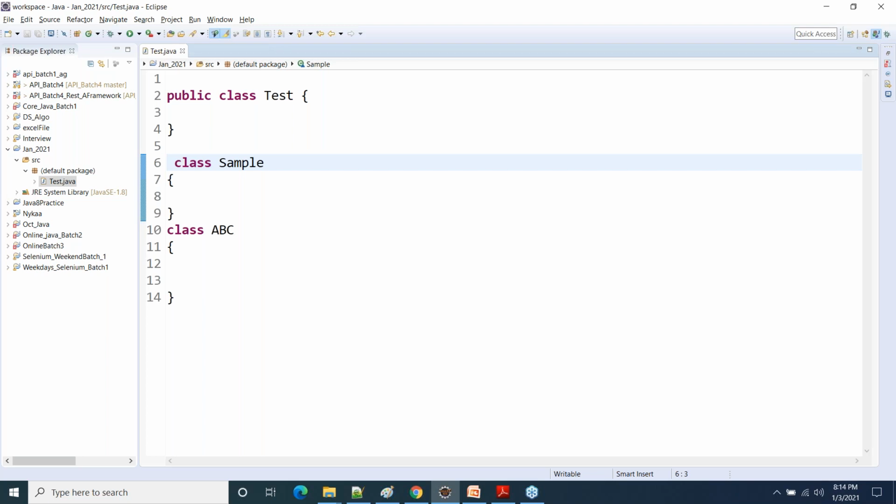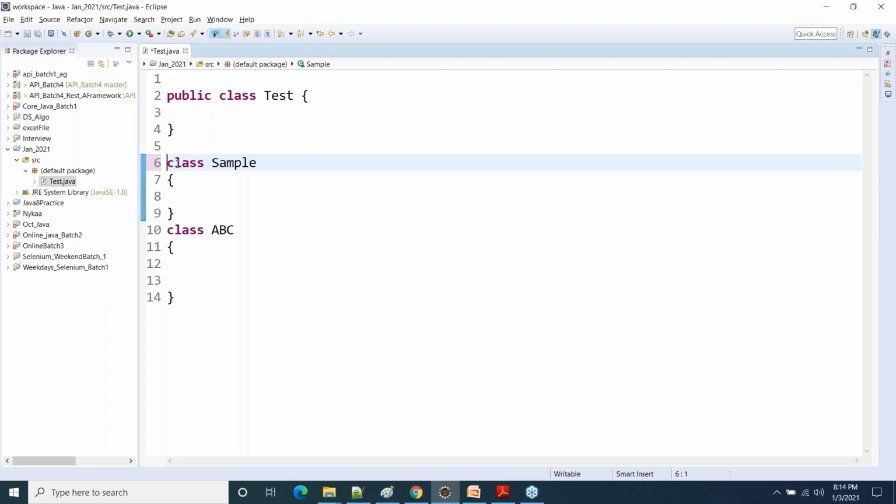Okay, but although this is possible, in Java, generally we create only one class per source file. That is the normal coding culture followed by Java people. Most Java developers, 99% of the time, create a single class in a source file. And I'm also going to follow the same standard.